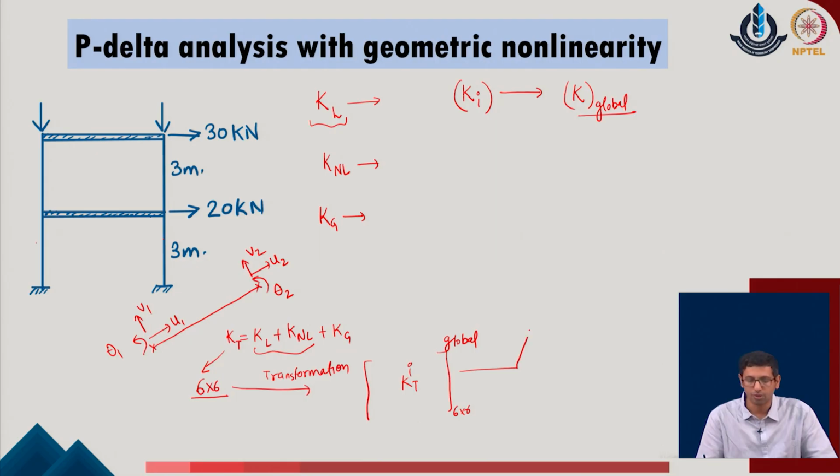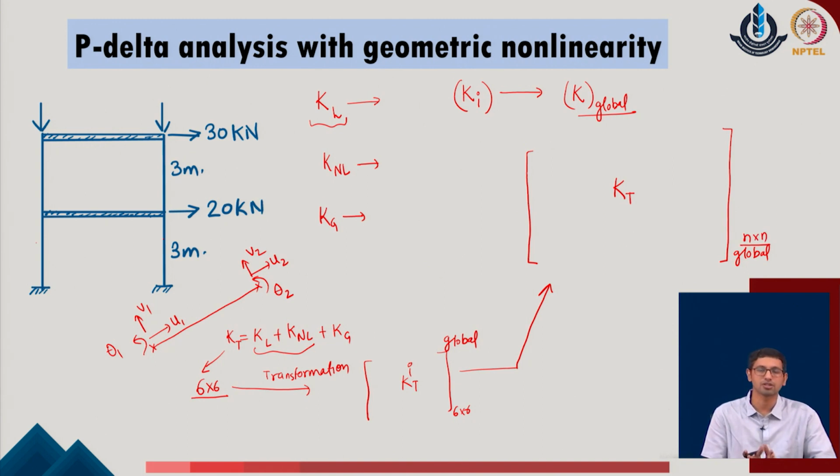with the node connectivity system and generate the overall global assembly of the system, which is now for the KT, and I call it KT global. And if we have, say, a total of n degrees of freedom in the given system, the size of this matrix will become n cross n in the given problem. So, with this idea we are able to identify a simplistic procedure in which the KT as a tangent stiffness